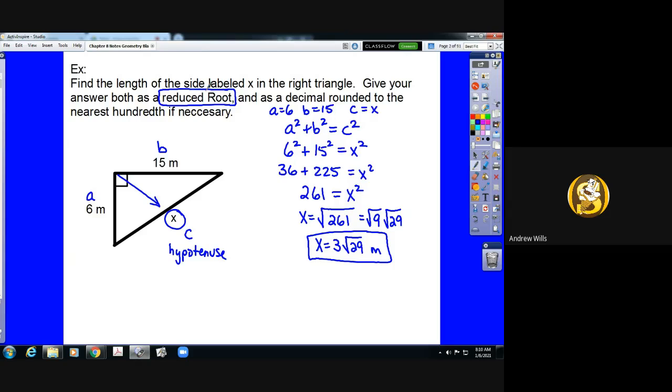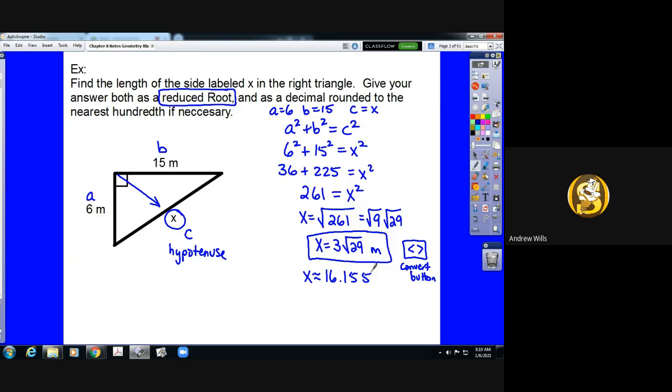Now, if we also want to give the answer as a decimal, to convert into the decimal, we take that answer, which should be written on our calculator right now, and we hit the convert button on the calculator. Okay, so right above enter is the double arrow button. We're going to press that button, and that will tell us that x is approximately